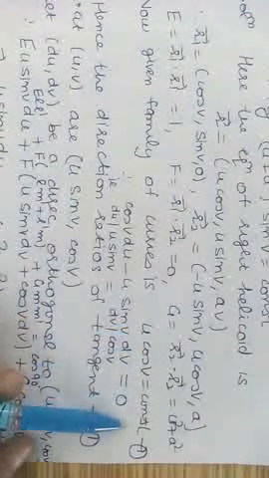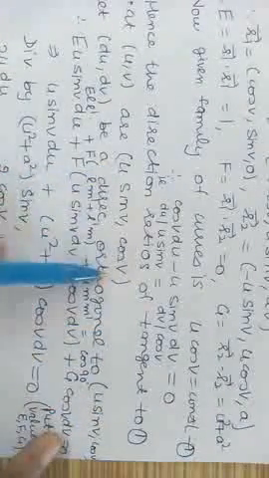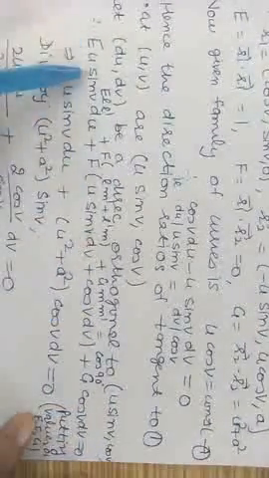Now the given family of curves is u cos v is equal to constant. Differentiating this equation, cos v as it is, derivative of u is du. Then u as it is, derivative of cos v is minus sin v, is equal to 0. So from here we get the direction ratios of tangent to equation 1, which are u sin v and cos v. Now let us take du, dv to be the direction which is orthogonal to the given direction (u sin v, cos v). So by using the condition of orthogonality, E L L dash plus F into L M dash plus L dash